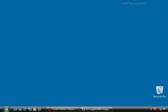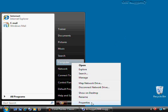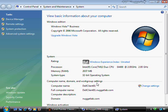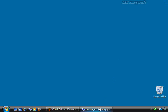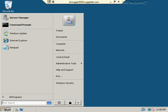Oh, one other thing I wanted to show you. I don't think this is an exam issue, but I don't think I can show you on this computer, because this is a 32-bit operating system, and I want to show you a 64-bit issue. If I right-click on my computer, by the way, and choose Properties, then I can confirm that I am running a 32-bit version of Windows Vista. But I do have a connection to a server that's a Windows Server 2008 server. In fact, between the last video that I recorded and this one, I have upgraded from Windows Server 2003 to